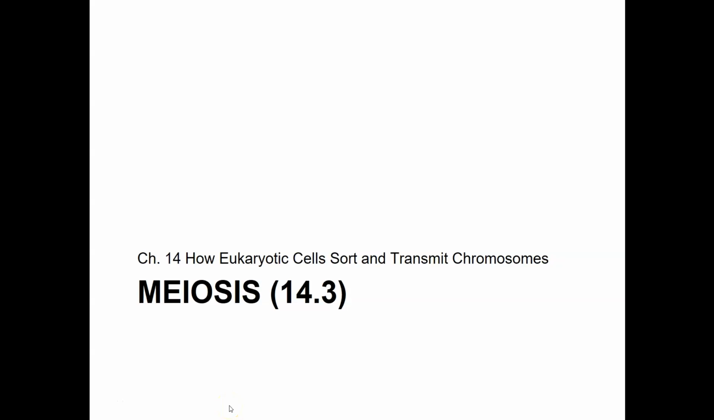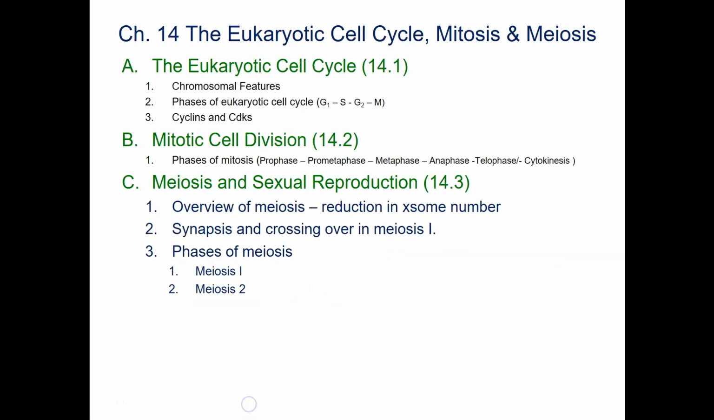We will finish our discussion of Chapter 14 by covering the topic of meiosis. In this part of the chapter, we will begin with an overview of meiosis, which is really a reduction in the chromosome number. We'll talk about a key event that happens during meiosis, which is synapsis and crossing over that takes place. And then I will walk you through the various phases of meiosis, and this includes meiosis 1 and